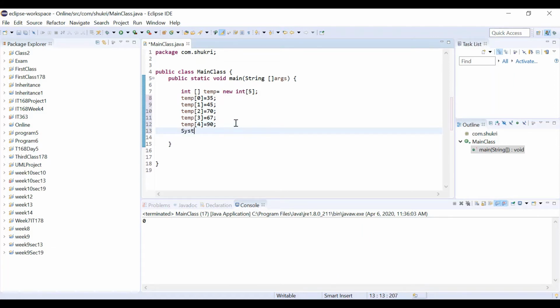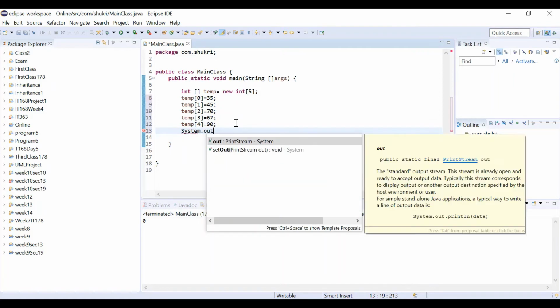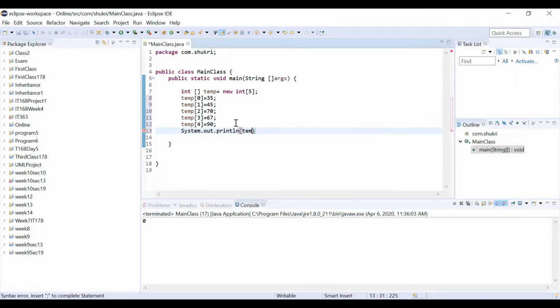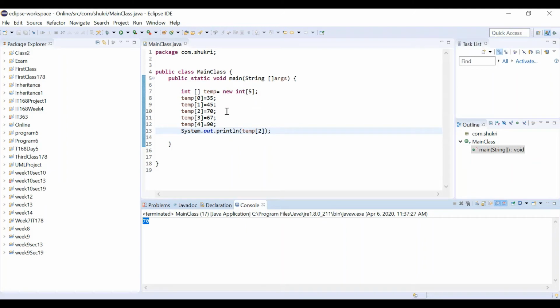Now, if we want to print the array element at a specific location, System.out.println, we want to print the temperature at location, for example, 2. That's our third element, so we'll go and print the value 70. If we save this and run it, it will actually print the value 70, which is what we stored